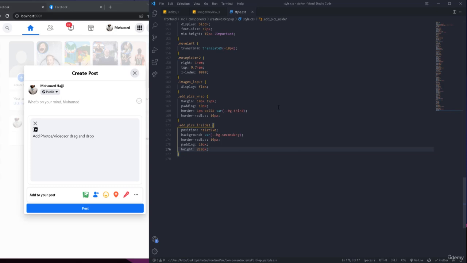Okay, and then we're going to make sure everything is in the middle. To do that you can use align items center, justify content center, or just display grid and then place items center. Those are the two ways that I've shown you, okay? And also we're going to have the cursor be pointer, and then we're going to go to the div add call,